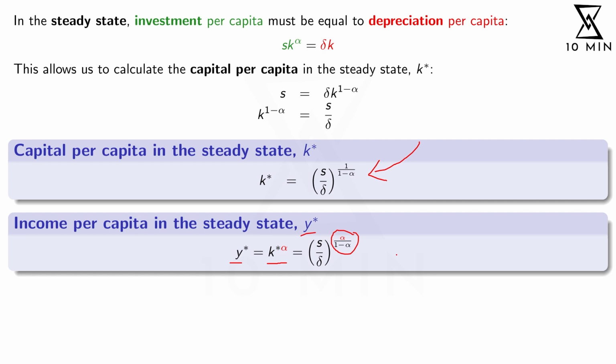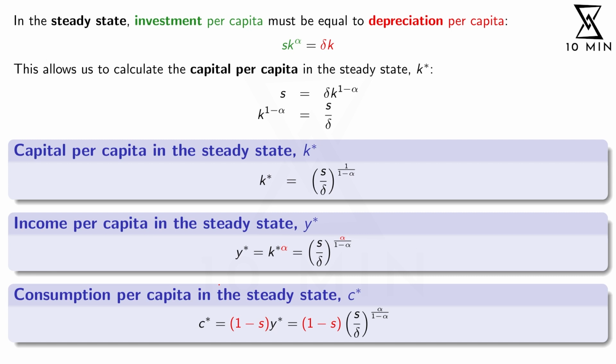Finally, you might argue, well, income is nice, but in the end what I care about is the share of the income that I can actually use for consumption. And now remember our big assumption for the Solow model. Namely, we said that people always consume the exogenous fraction s of their income. So if people save the fraction s of their income, then we know that they consume the fraction 1 minus s of their income.